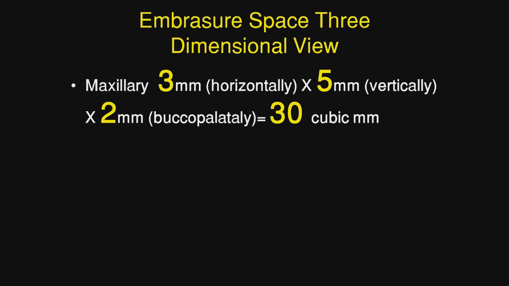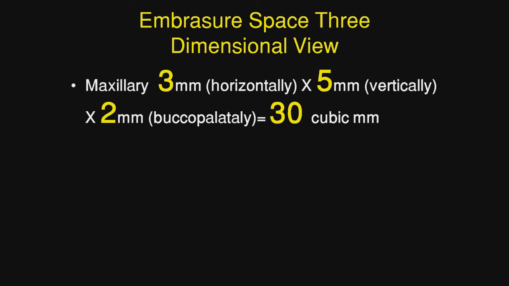So let's review embrasure space in a three-dimensional view. What we're saying is the distance between the two teeth ideally should be 3 millimeters. And from the crest of the bone, the papilla is going to come down 5 millimeters. And we're going to guesstimate that the distance in the buccal-lingual dimension is 2 millimeters. So therefore, there are 30 cubic millimeters of embrasure space. And it has the Pillsbury-Doughboy impact that it fits into the concavity on the distal of the canine, for instance,